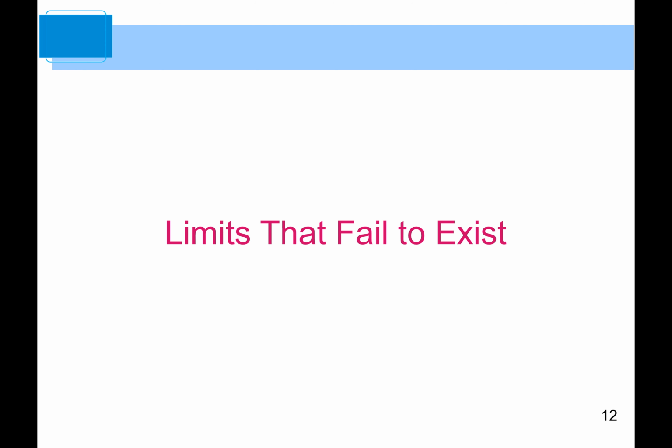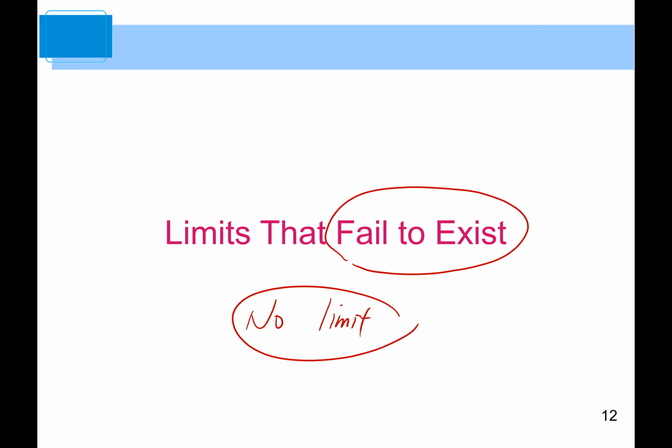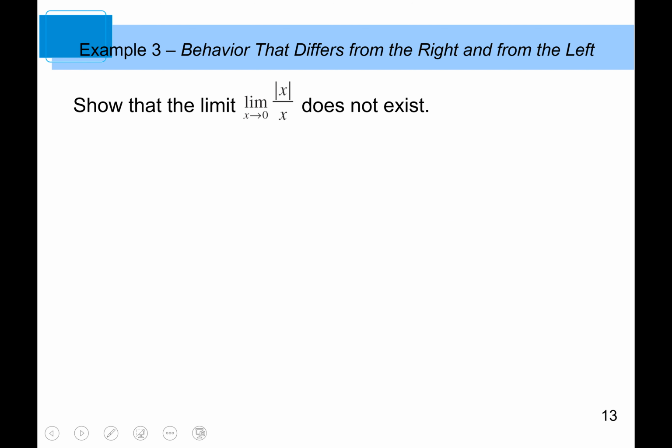So let's take a look at some cases of limits that fail to exist, meaning no limit. Let's take a look at several examples. There are 3 different cases where a limit does not exist. The behavior on the right differing from the left shows that the limit as x approaches 0 does not exist. So on the left-hand side, as you can see, on the left-hand side of 0,